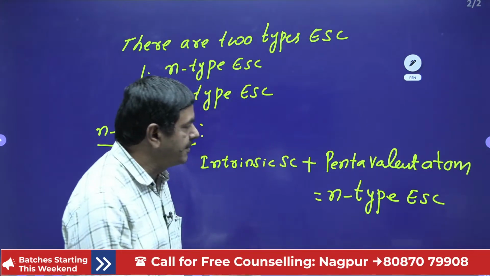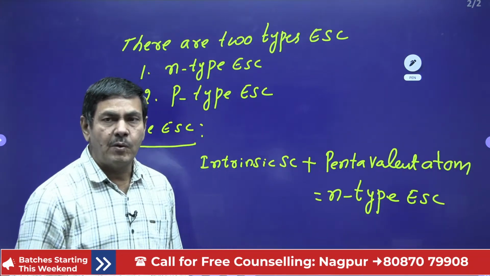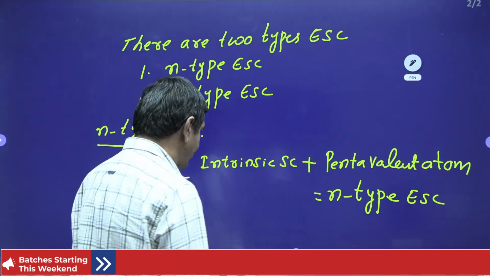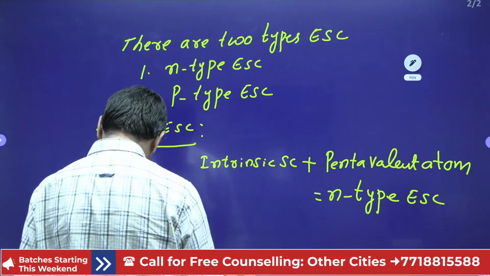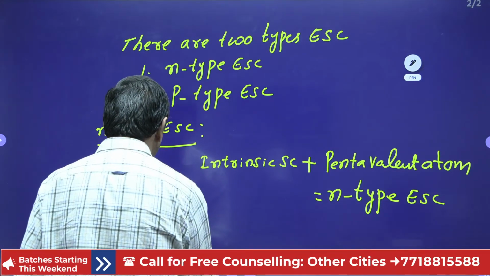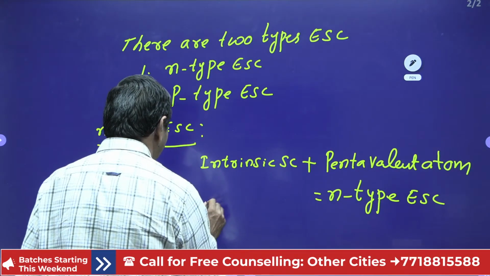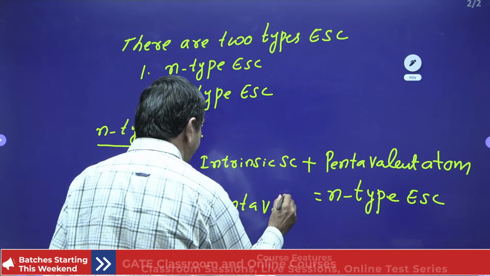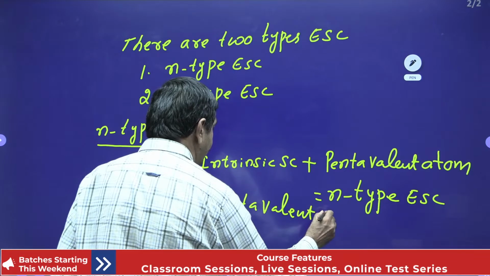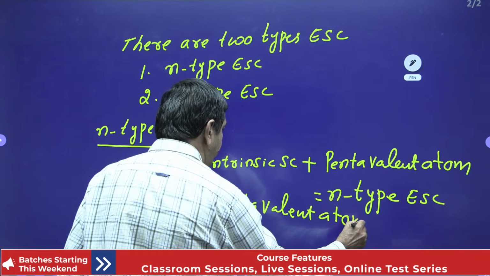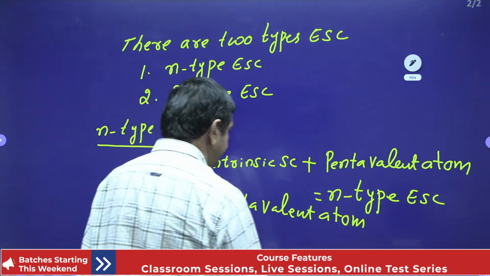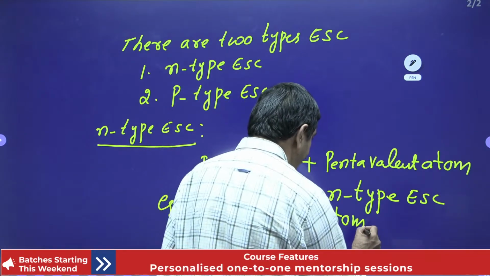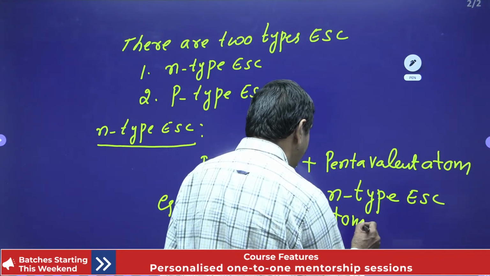The addition is made of those two only now. But what are the examples of pentavalent atoms? Examples of pentavalent atoms are nothing but, examples of pentavalent atoms are,